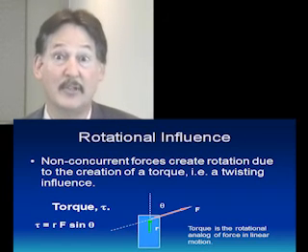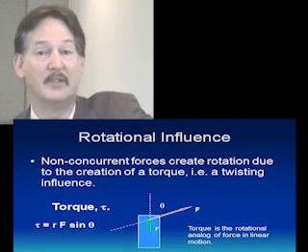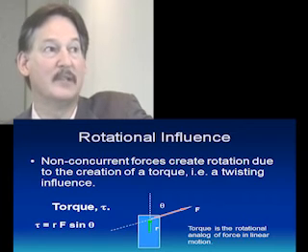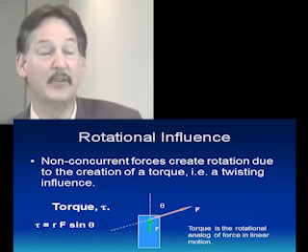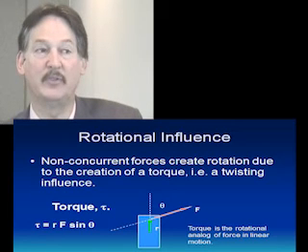But we need to define the torque first. So we use the symbol for torque, tau, the lowercase t in the Greek alphabet. So tau is our symbol for torque, and it's defined according to the distance from the point of rotation